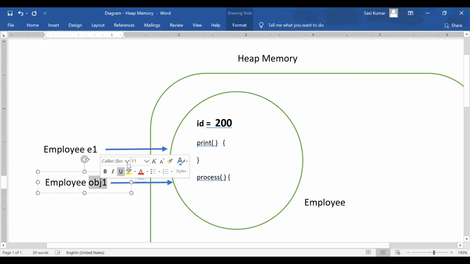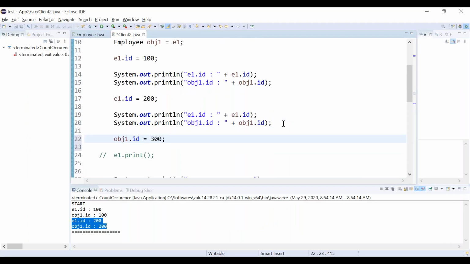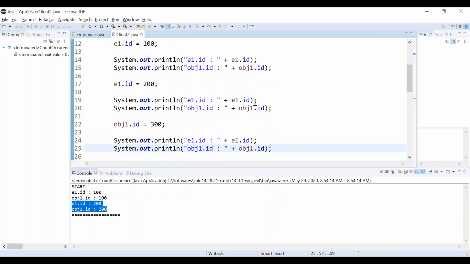Through the obj1 reference I am trying to modify it to 300. Now if I print e1.id, what will be the output? It will be 300. Let me print again. Okay, let's rerun the program. It is very simple.